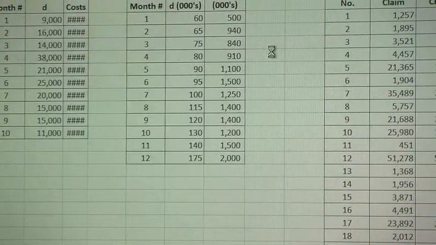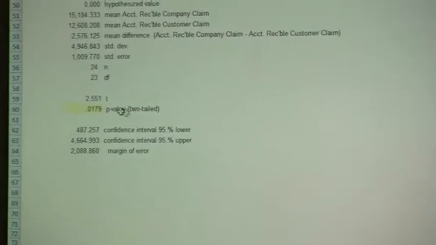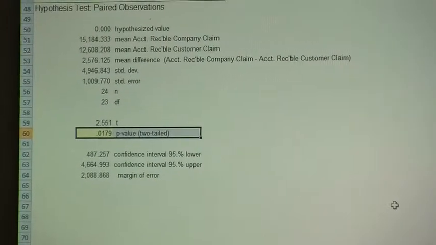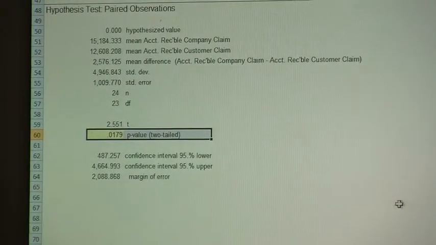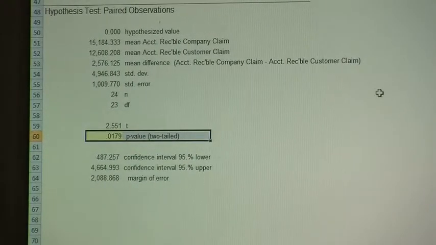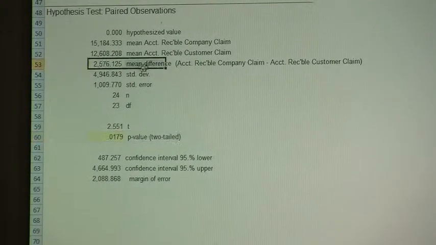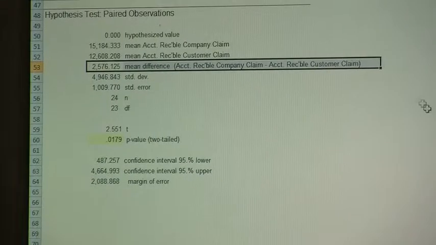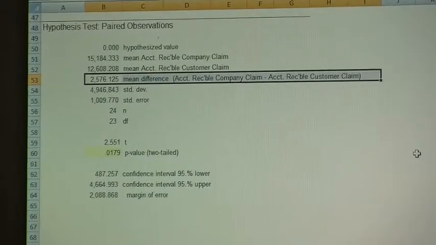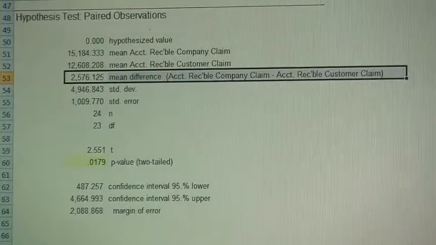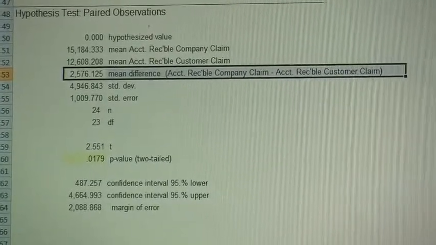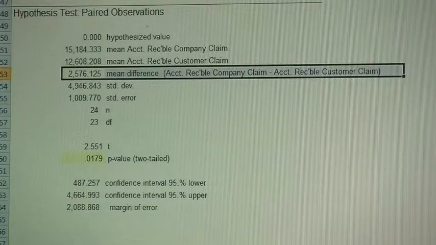We click on OK. And here we see we've got a small p-value. Okay? So we conclude that the two groups are not equal to one another. We conclude that this observed difference of $2,576 is statistically significantly different from zero. Okay? So I'm going to close off this mini lecture, but I'm going to come back and do some more work on this because